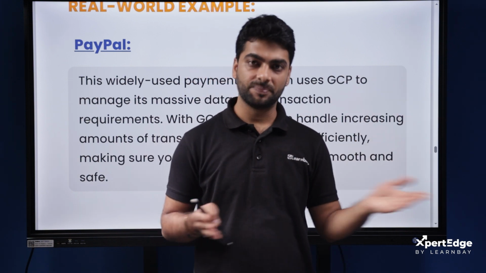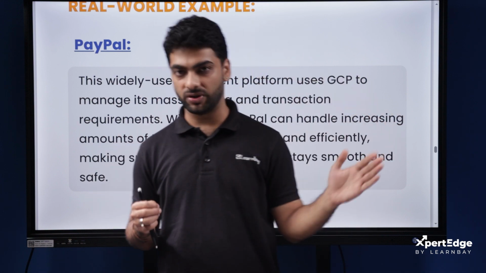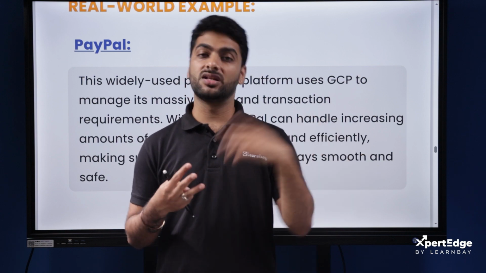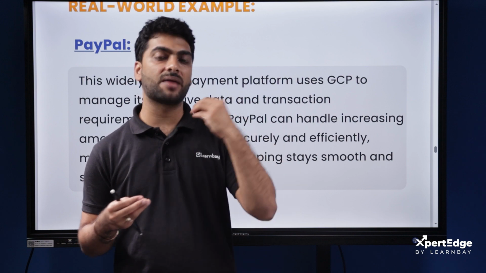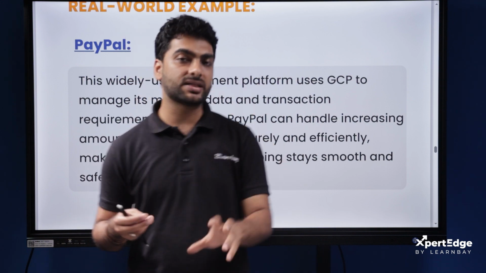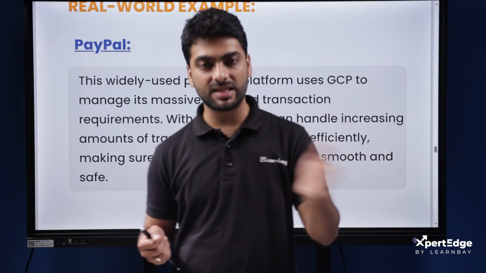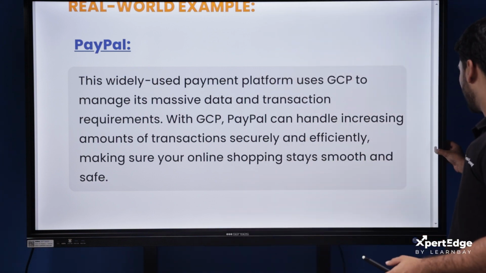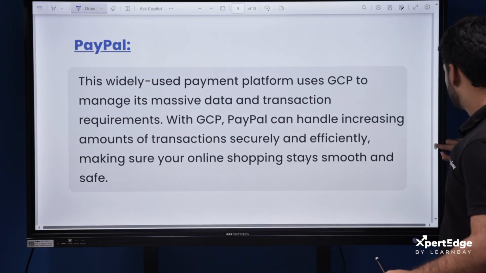Platform, that is GCP. So we saw some of the largest giants in the world today: Netflix with AWS, vCreate with Azure, PayPal with GCP. So we see how these cloud platforms are making their mark in the world today, right? And now comes the time to have a comparison between these three and understand which is better, right? I'm sure we are not going to reach any conclusion, because all three of them have got their own uses